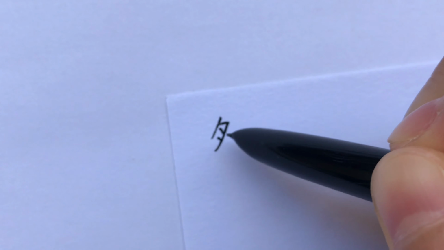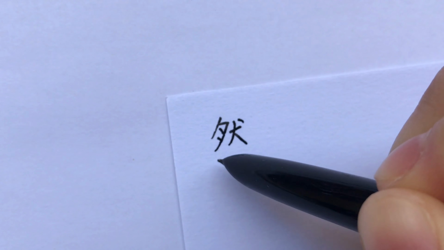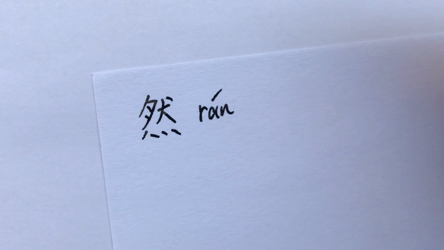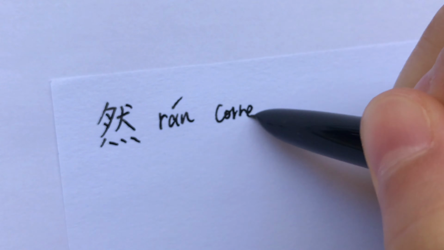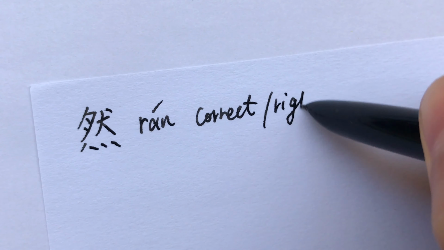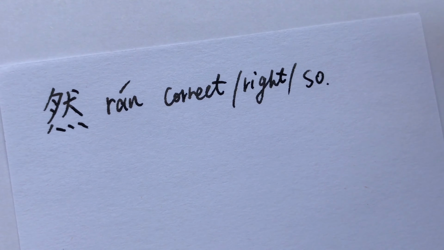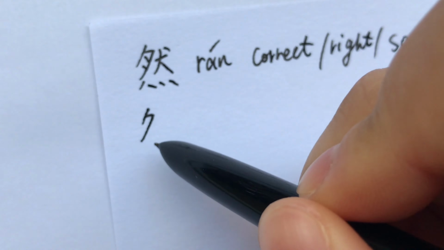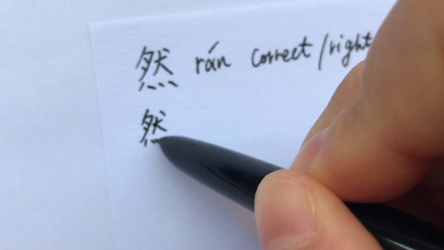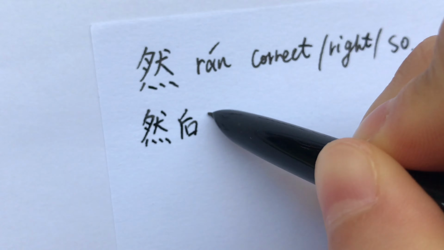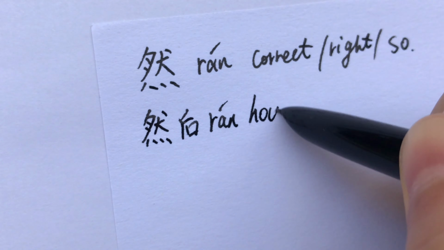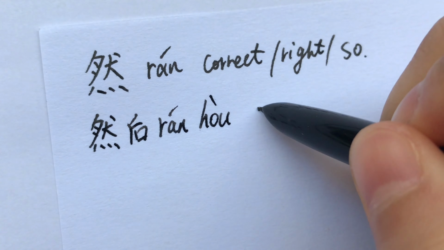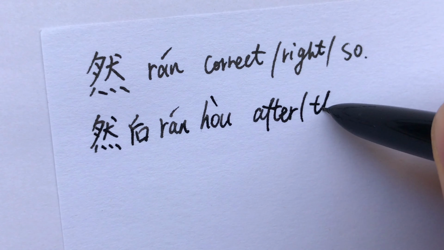然, correct, right. So, for example, 然后, after, then,